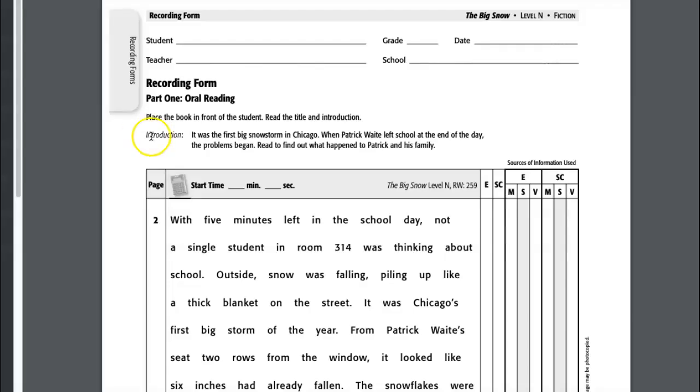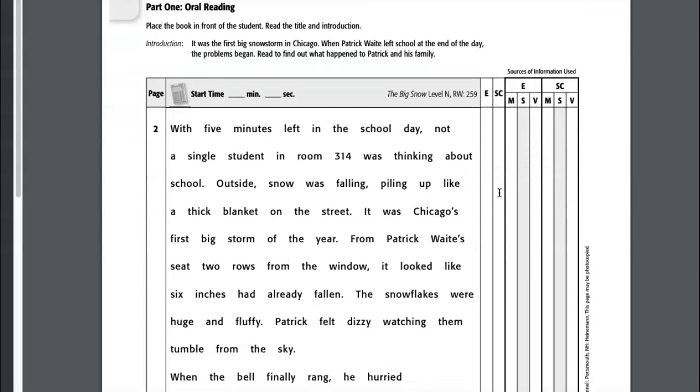This is a running record sheet from Fountas and Pinnell, which is probably a leveled literacy intervention text. And you can see that they do supply the print. Again, you're going to count the errors in the row or the self-corrections. You're going to MSV the errors and MSV the self-corrections. Remember, meaning is M. Does it make sense? Structure, does it sound right? Visual, does it look like the text?